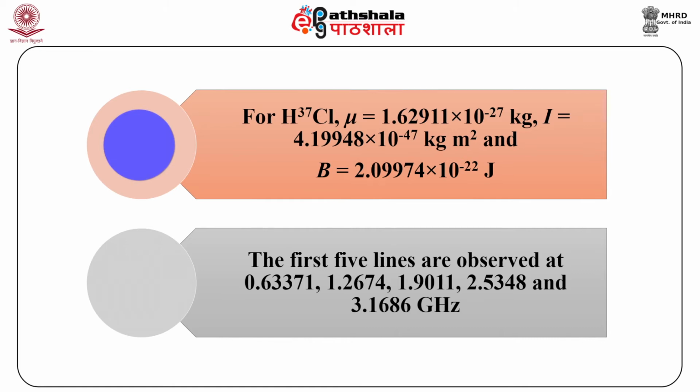The moment of inertia is equal to 4.1948 × 10^-47 kg m², and the rotational constant B in joule is equal to 2.09974 × 10^-22. The first 5 lines are observed at 0.63371, 1.2674, 1.9011, 2.5348 and 3.1686